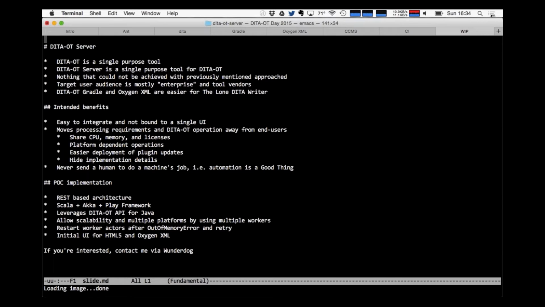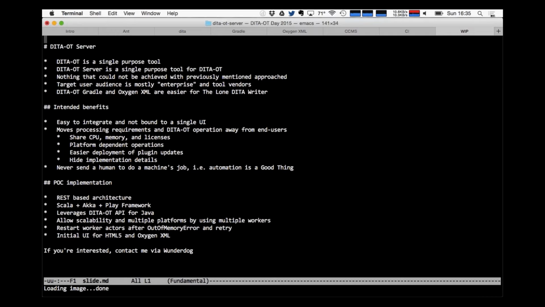REST-based architecture is what a lot of web services are using, and if you go, for example, to a web shop, you want to buy something online, those are all based on a similar approach to how computers talk to each other. It's not a single huge blob. It's not a single computer. We've got the implementation stack, or the technology stack. It's based on Scala, which is a Java-like language that runs on the JVM. It uses Akka, which is an actor-based framework